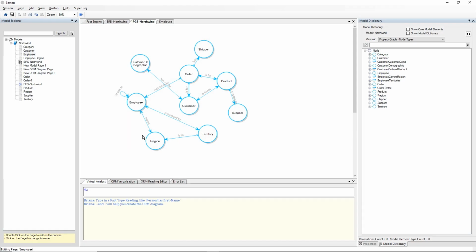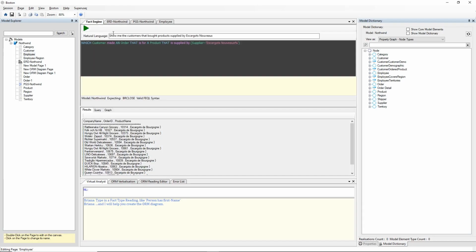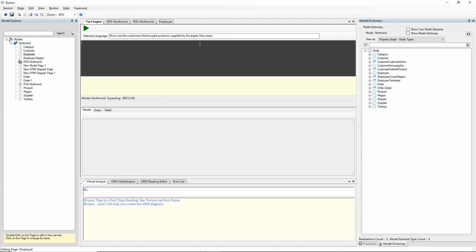So we can watch that in action again. If I go back to FactEngine and get rid of that controlled natural language query, I'll ask a query: show me the employees that took orders for products on, or say in, December 2017.